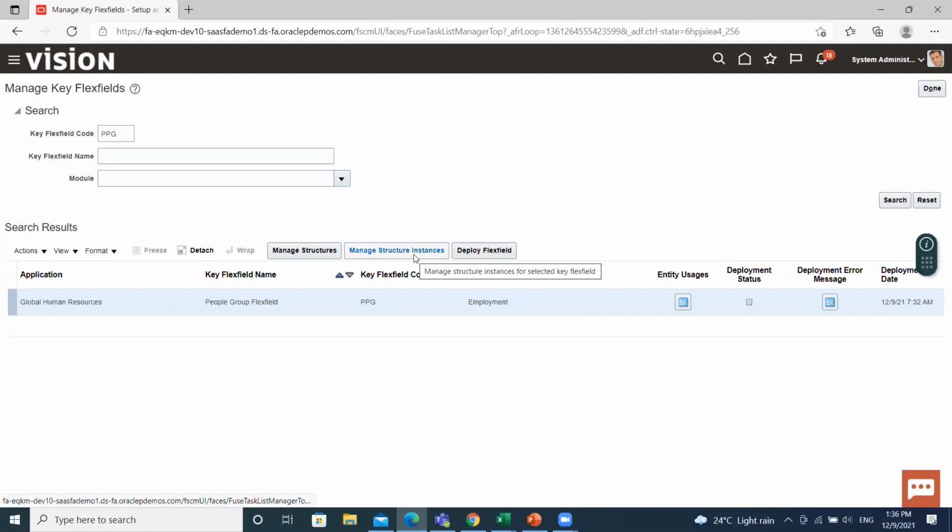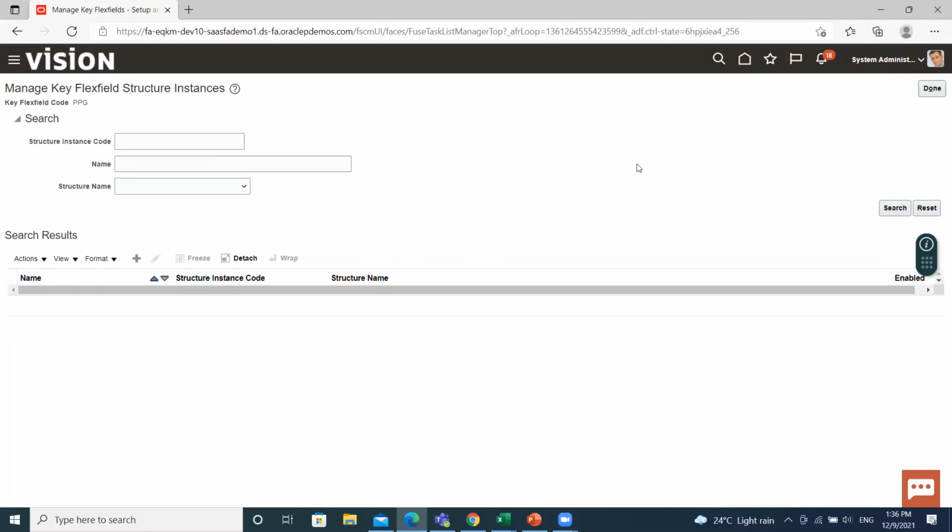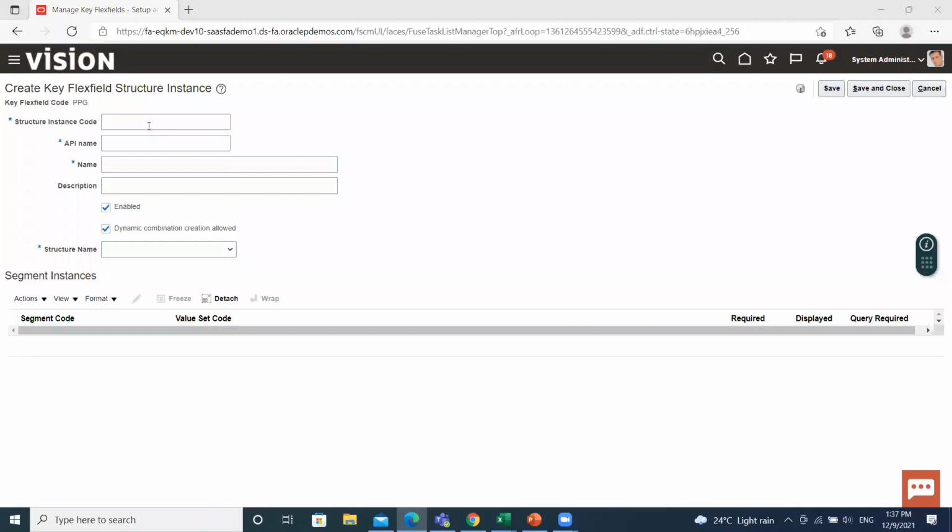Now we are going to create a manage structure instance. Click on the add icon. Here, for the structure instance code.